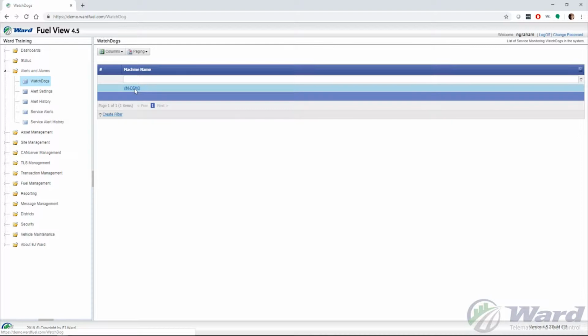The Watchdog is a service that watches all the other services to make sure that they're online and tries to keep them online if they go down. If they were to end up crashing or somebody were to turn them off, it would turn them right back on. So if you click on the machine name,